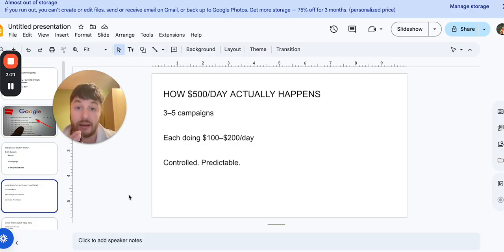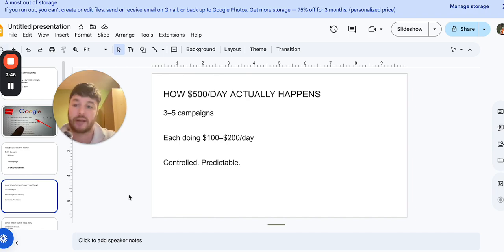per each campaign. All right, so you don't need lots of sales. You can have one sale and one person is going to buy the entire funnel, meaning they're going to buy the main product, the upsell, second upsell, and downsell. At the end, when you pull the line, if you do the math, it's easy and simple. $500 a day, $350 a day. Okay, so it's controlled and it's sustainable and it's predictable.